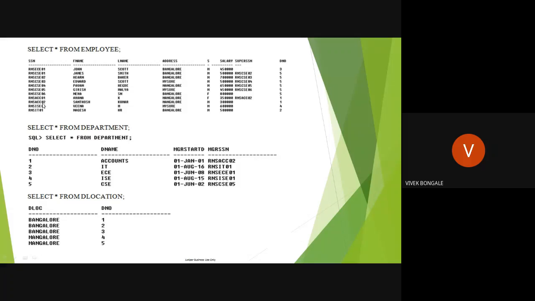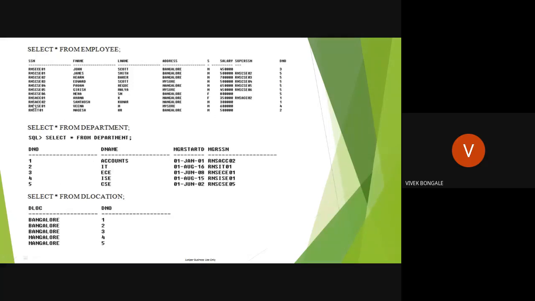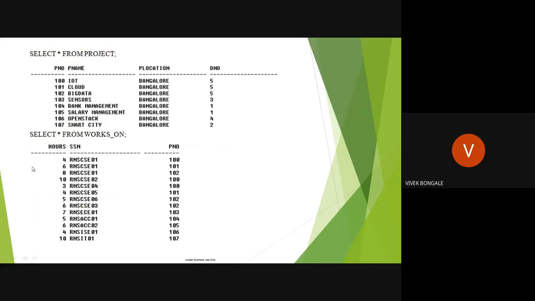Next condition is what? Last name is Scott. When this condition is satisfied, you have to check the last name. Here last name is what? Kumar. So the condition fails here, and the next process will not be done. So we're going to check with the next number, department number 2. Department number 2, here it is.